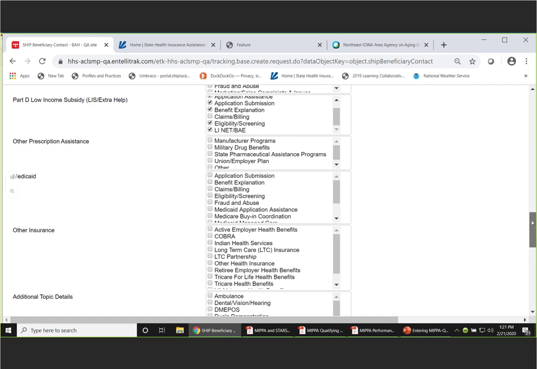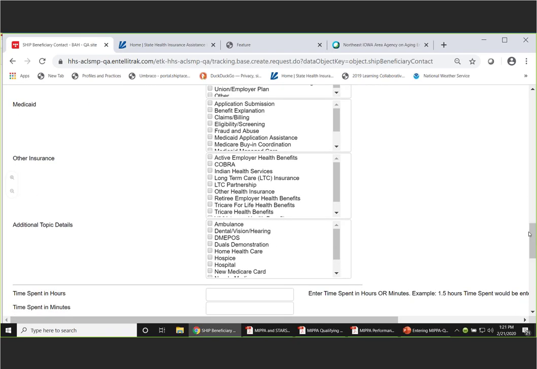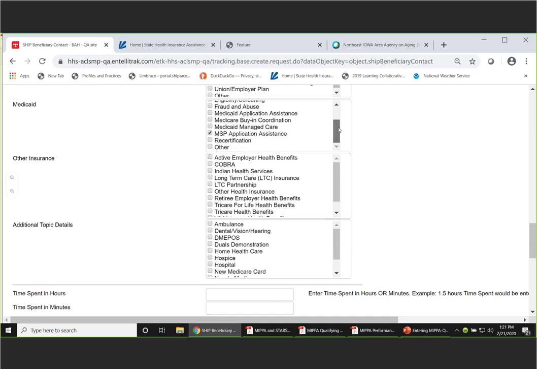Now, the next category that applies to MIPPA contacts is Medicaid. And in this case, we'll say that we helped with an MSP application submission. We explained that benefit. We helped her understand her eligibility for that benefit. And we provided application assistance for the MSP program. There are a few other topics in this category that apply to,